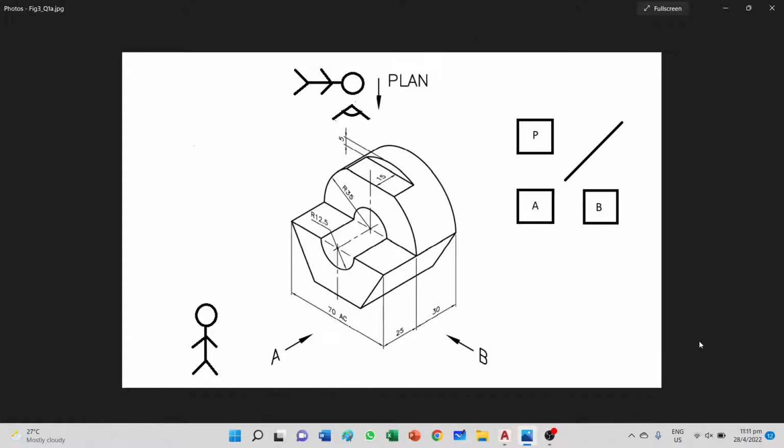Hi, this is Figure 3, question 1a. The first question is for orthographic projection, from tutorial 3. It's a third angle projection drawing. The front view is from A, the end view is from B, and the plan view is from the top. When you look at such a problem and they give you A and B,